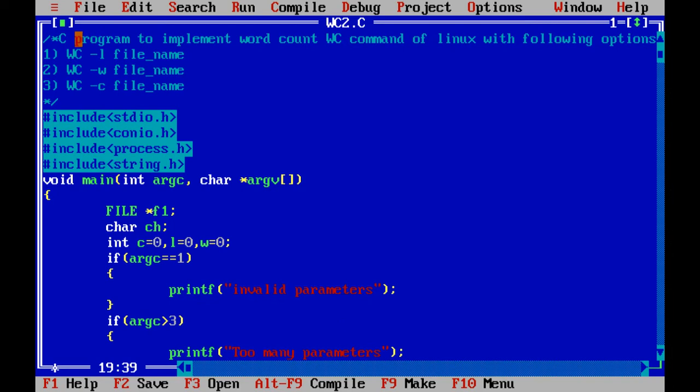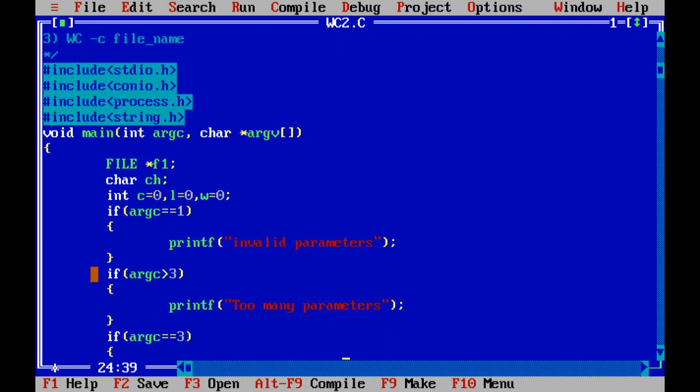Now, before directly going to the code, let us understand how many arguments we are going to handle. On the screen you can see that we are going to perform three different options, but these are coming in the count of 1, 2 and 3. So you are going to pass three arguments to your C code. Our counter is going to start counting from 1, 2 and 3, and the vector is going to store from 0, 1 and 2. So let us see how our code is going to perform.